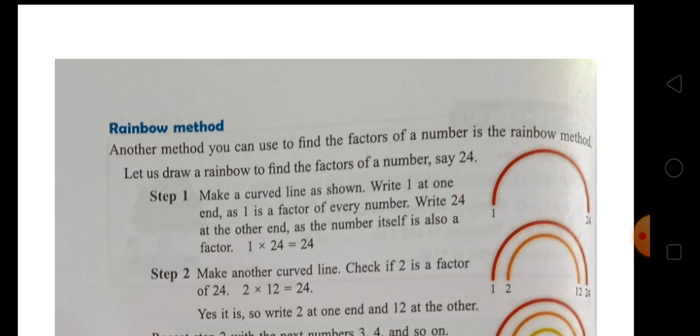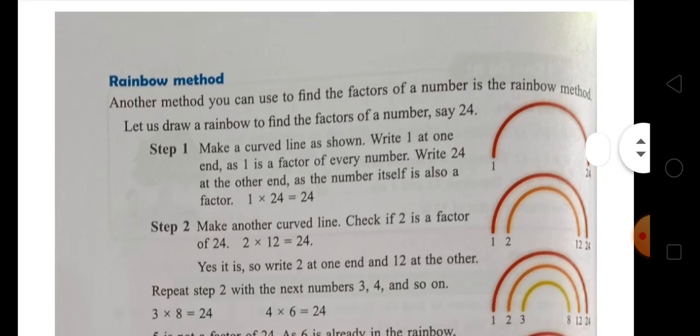Let's learn one time again. You can express 18 as a product of two factors. To do so, start with the number 1 and then 2 and continue finding other factors in serial order. You will see that there is no number that on multiplying by 4 or 5 gives 18. So neither 4 nor 5 is a factor of 18. You stop at 5 as you have already found 6 to be a factor of 18.